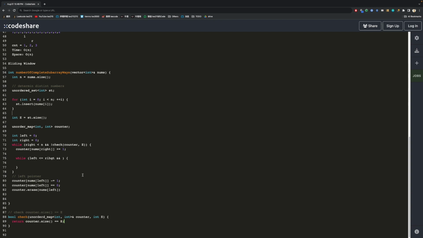Oh, it's simple here. Yeah, the check function is simple. So while our right pointer is not valid,